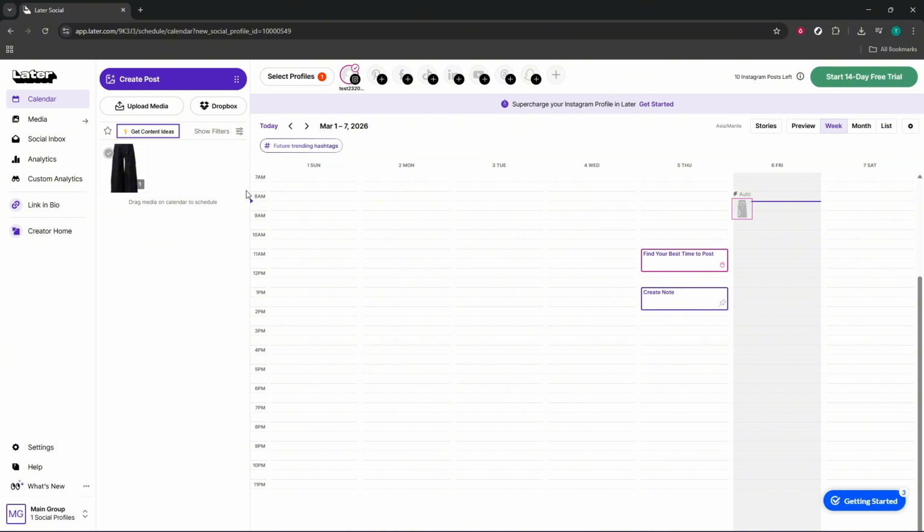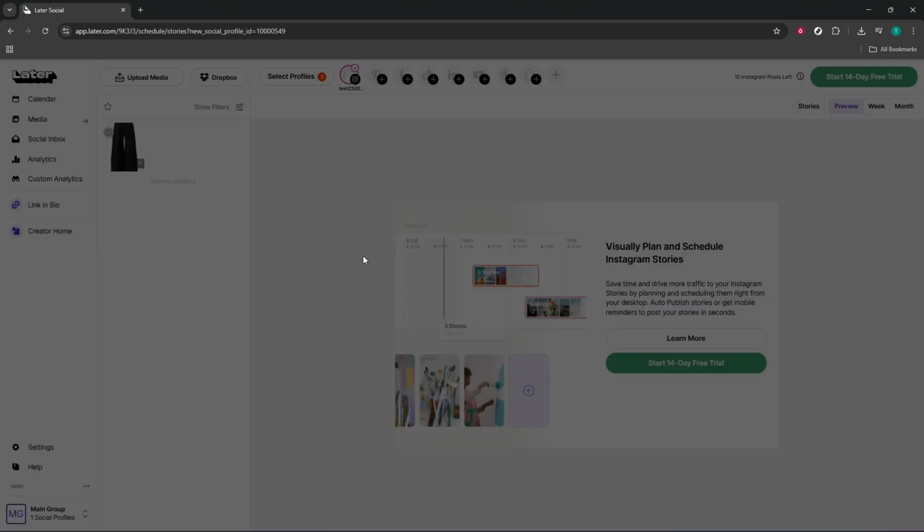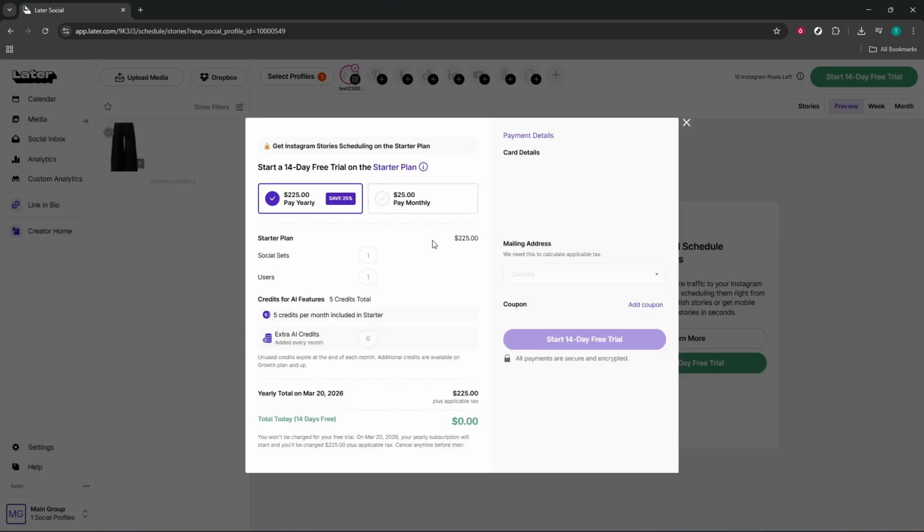Next, go to the calendar and click Create Story. The calendar is where your content plan comes to life. You'll see days and weeks laid out, which helps you visualize how your stories complement other posts. The Create Story button opens a dedicated workspace designed specifically for Instagram stories, so you're building in the right format